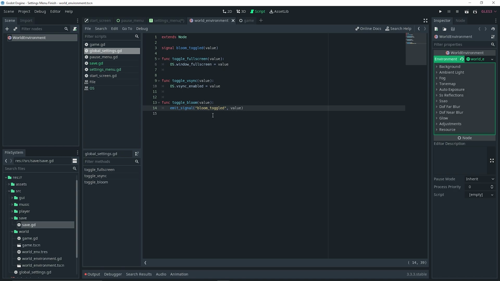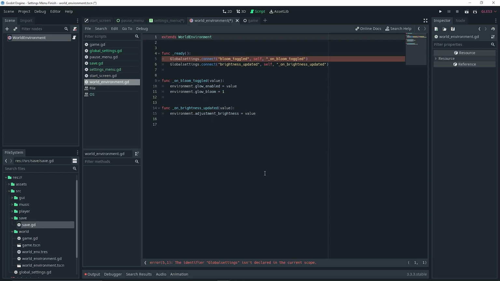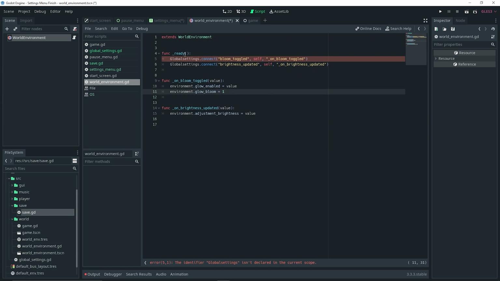And to pass it to my world environment, we want to select the world environment and actually add a script to the world environment as well. I already have a script for the world environment, so I'm just simply going to load it. In your case, you will have to create it, or if you're using the starter project, then you can just load it as well. Anyway, here's the code we actually need, and for some reason we're getting an error here,